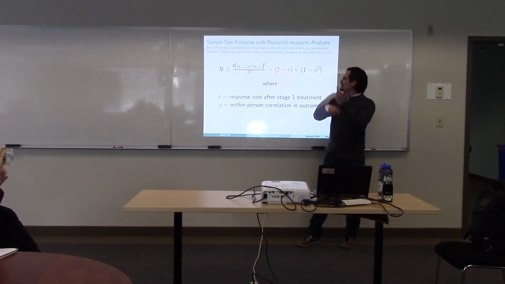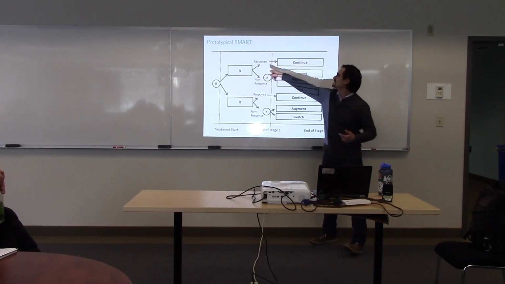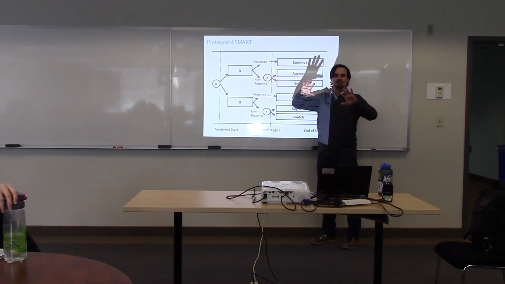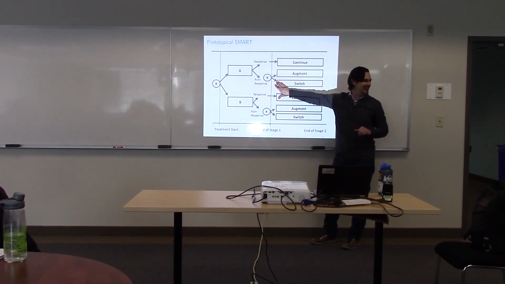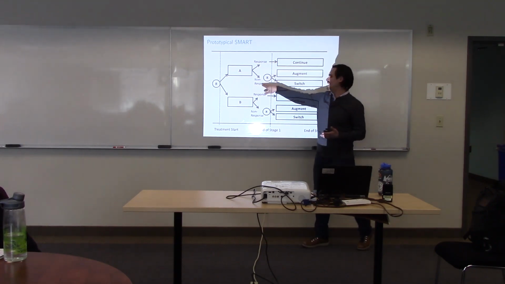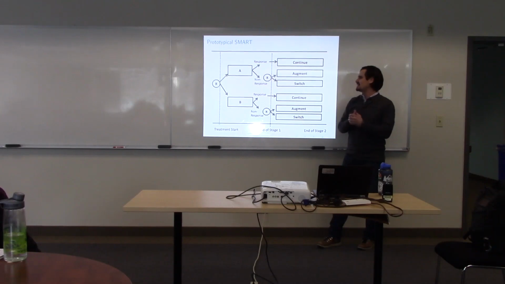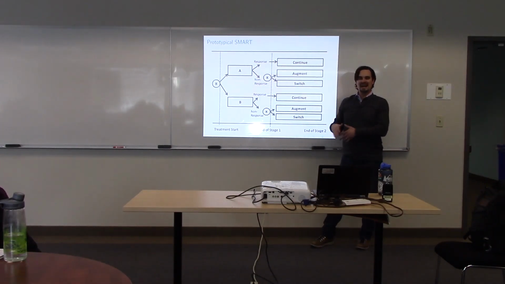Yeah? Let's go in the opposite direction. Suppose everyone in the study was a responder. Let's pretend. Hope to goodness that never happens to you if you design a study like this. You're in trouble. You were in trouble from the get-go, right? Because your reviewers shouldn't have given you the money if you didn't have a good estimate for non-response. But anyway, let's pretend that happened. So everyone was a responder. Then let me ask you guys something. Did I have a second randomization if everyone was a responder? No, I had 1 randomization.